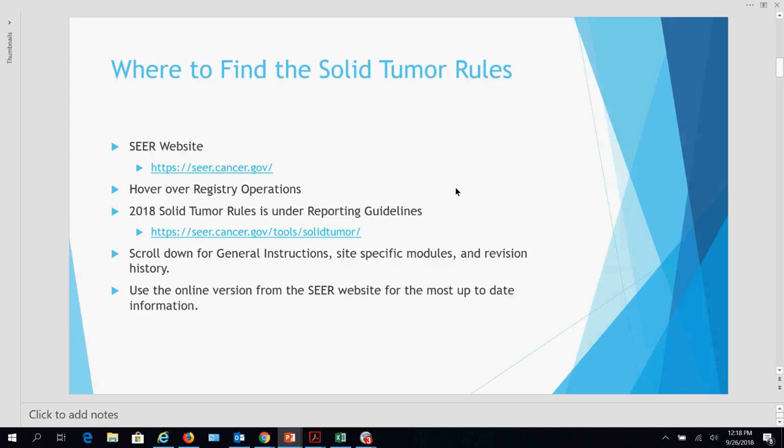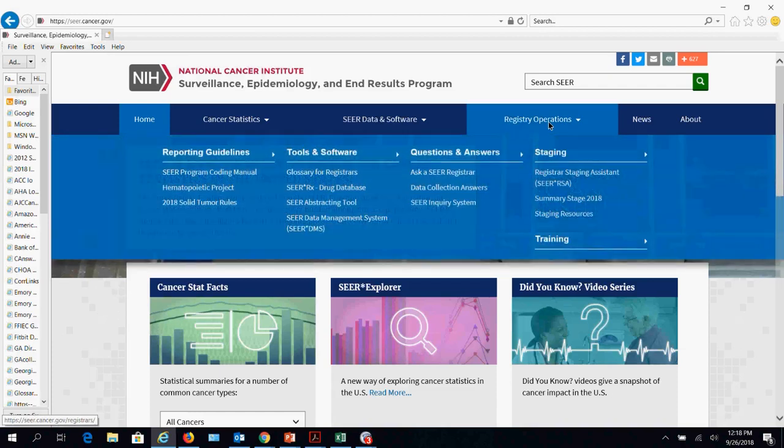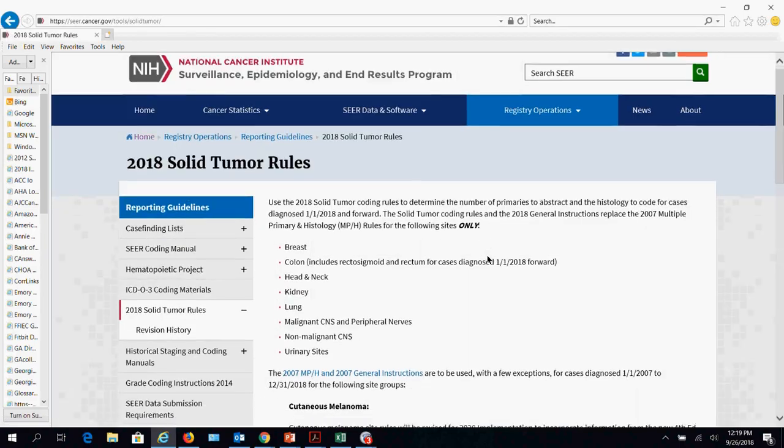So where do you go to find the solid tumor rules? Okay, you are going to go to the SEER website. And I hope everyone has taken a look at the new SEER website. When you get there, hover over this registry operations, and you see over there under reporting guidelines, the link for the solid tumor rules. So you click on that link,